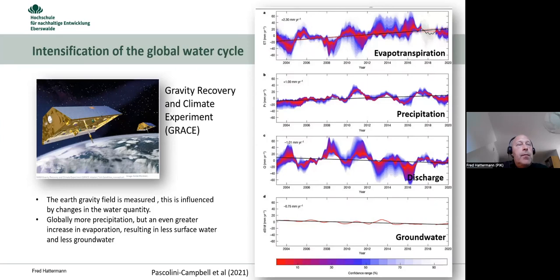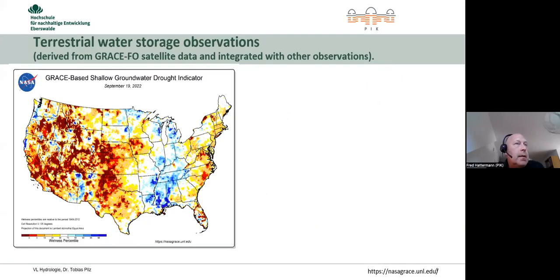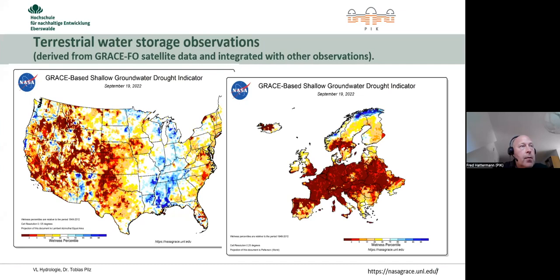And of course, this has also a regional component. There are wind systems. We have heard about the Indian monsoon, for example. Here, the regional pictures, this is the US. And what you all know is that we have this drying up of the West, where we have the forest fires and all that. But looking at Europe, the change is even stronger. So it is not that it is drier in Europe, but the change shown here is the change in water availability stored in groundwater. So Europe actually is hit harder by the change.